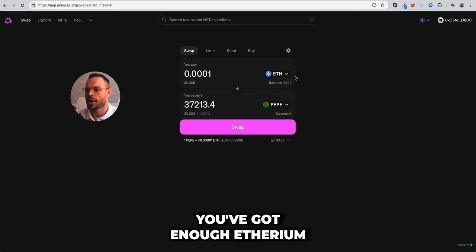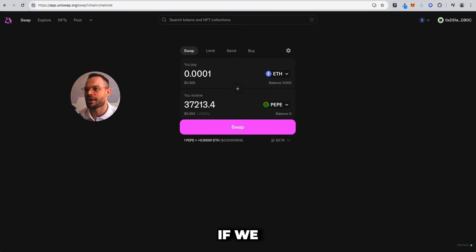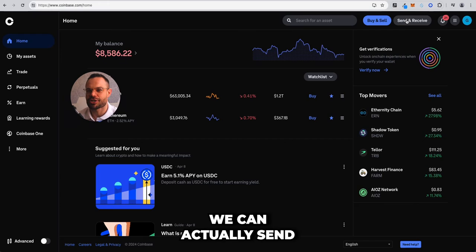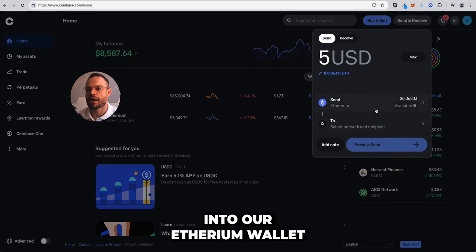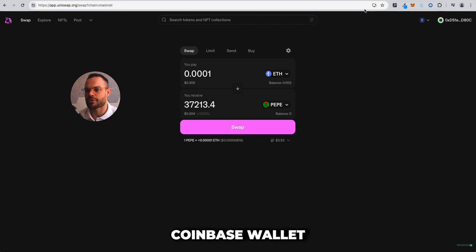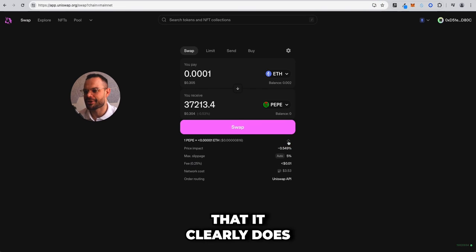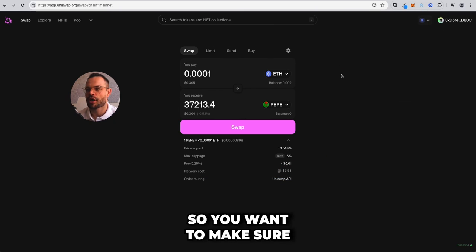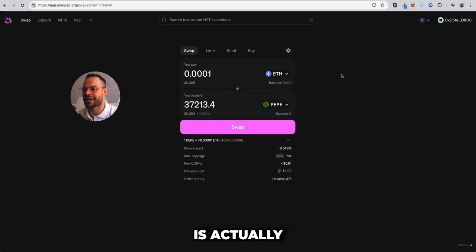You would obviously need to make sure you've got enough Ethereum in your wallet. If we actually come back over to Coinbase Wallet, to the Coinbase exchange, we can actually send a little bit more funds into our Ethereum wallet, and you could make sure that you've got enough funds in your Ethereum Coinbase wallet in order to make that exchange. But you can see here that it clearly does show us very high gas fees when using the Ethereum network. So you want to make sure that you're actually purchasing enough Pepe coins to make sure that the transaction is actually worth processing,